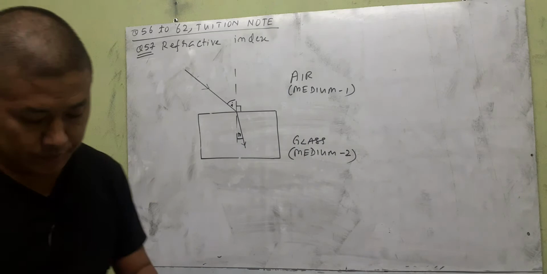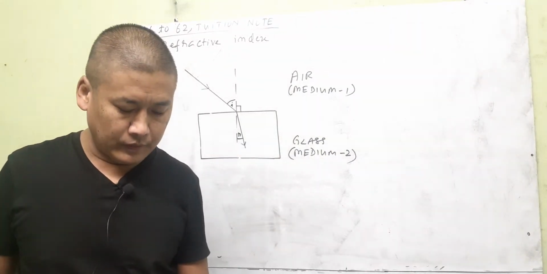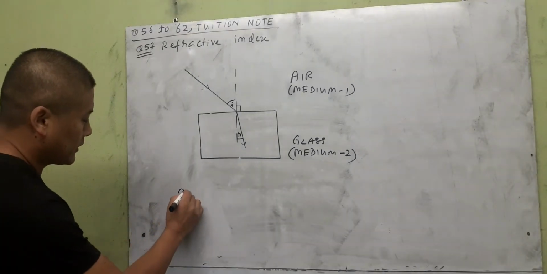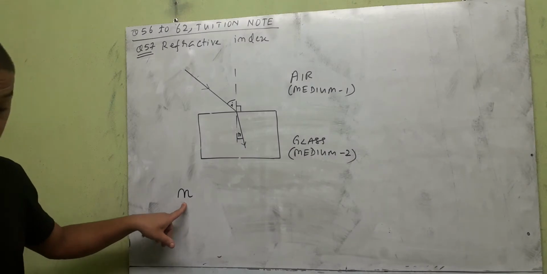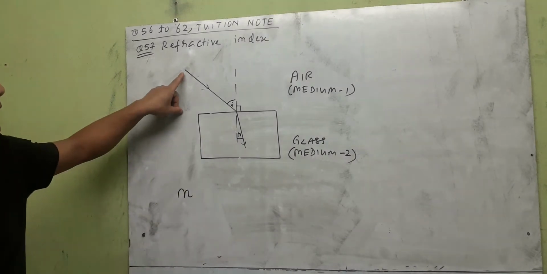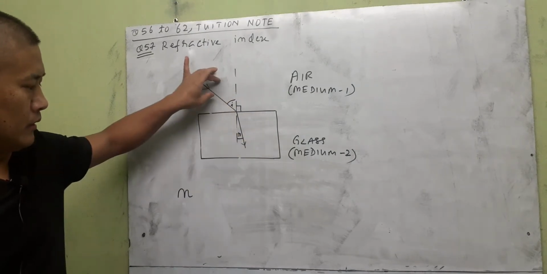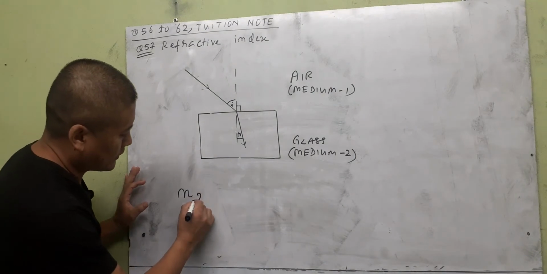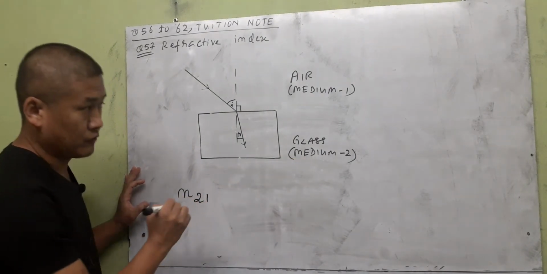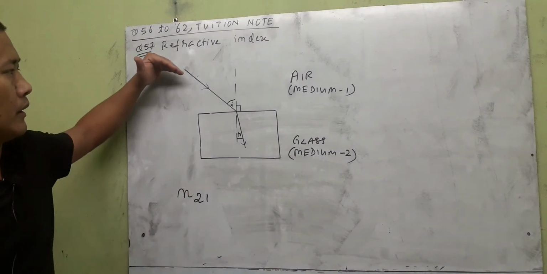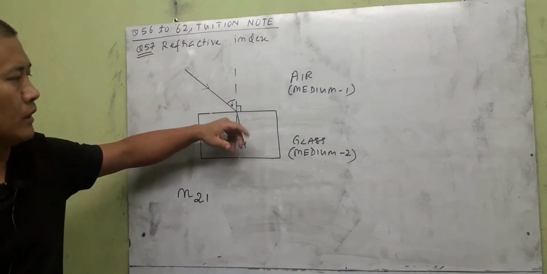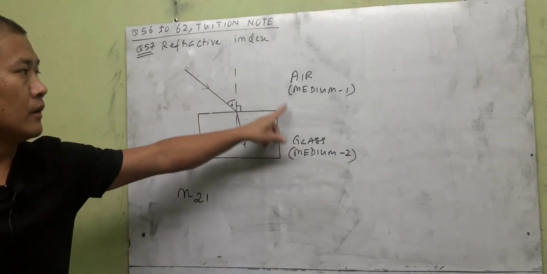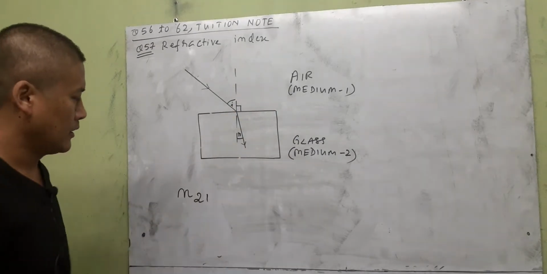Now refractive index in terms of speed of light in the two media. Refractive index is usually denoted by n. And when the light ray enters from medium 1 to 2, the refractive index will be calculated as the refractive index of the second medium, medium 2, with respect to 1. That's why we're writing 2 first. When a ray enters from medium 1 to medium 2, the refractive index that you calculate will be that of the second medium, that is glass, with respect to air. So we write the glass 2 first. This will be given by